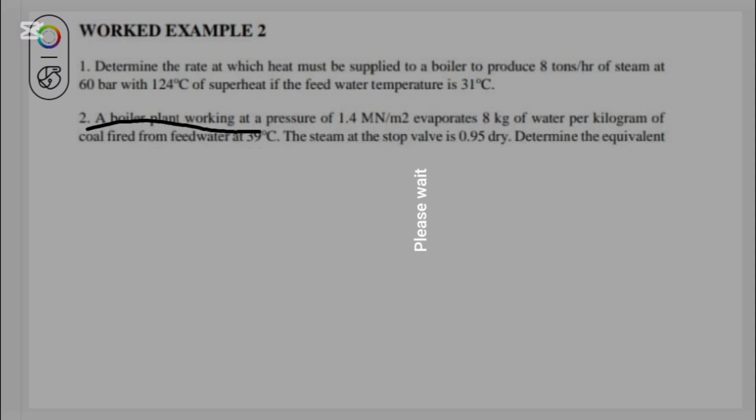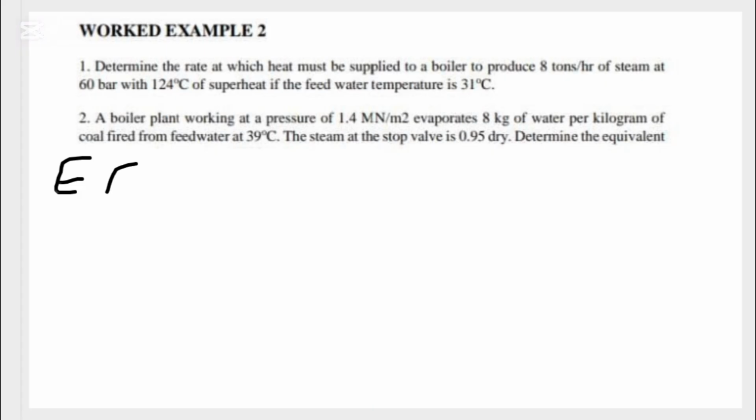The steam at the stop valve is 0.95 dry. So we are to determine the equivalent, which means the EE, the equivalent evaporation. So the first thing that we are going to do is that the formula for the equivalent evaporation, it says